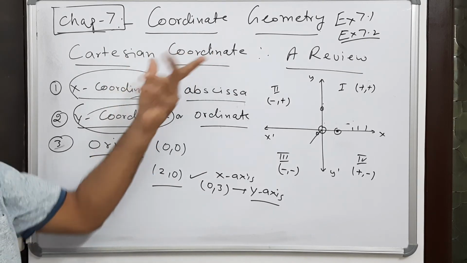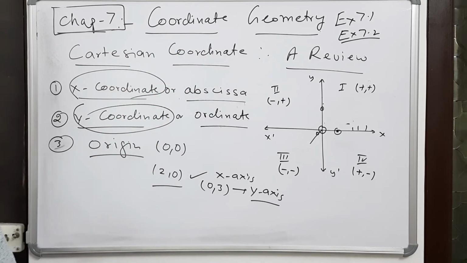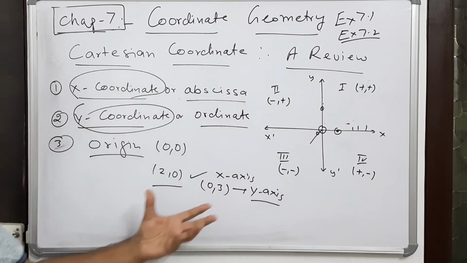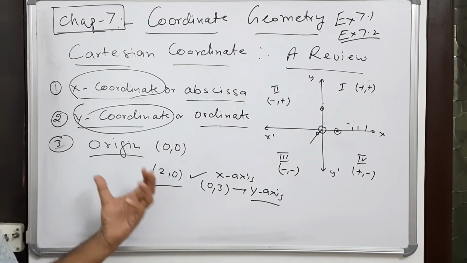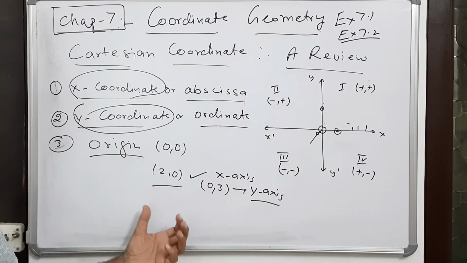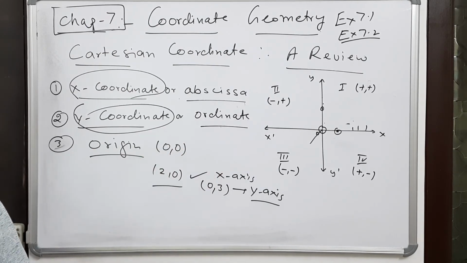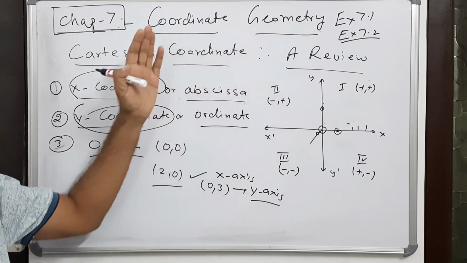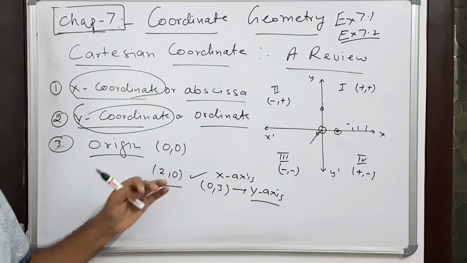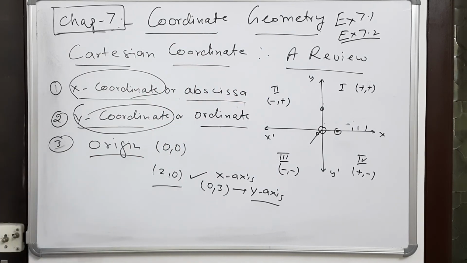Then only can we move to chapter number 7 in the 10th class. So this is a brief part which I explained to you. I request you to read this from the 9th class book once more, and then we will be comfortable in the 10th class. And that will be the coordinate geometry. The name is the same. So I hope this introduction is clear. In my next class, I will take the first topic, and that will be the distance formula.